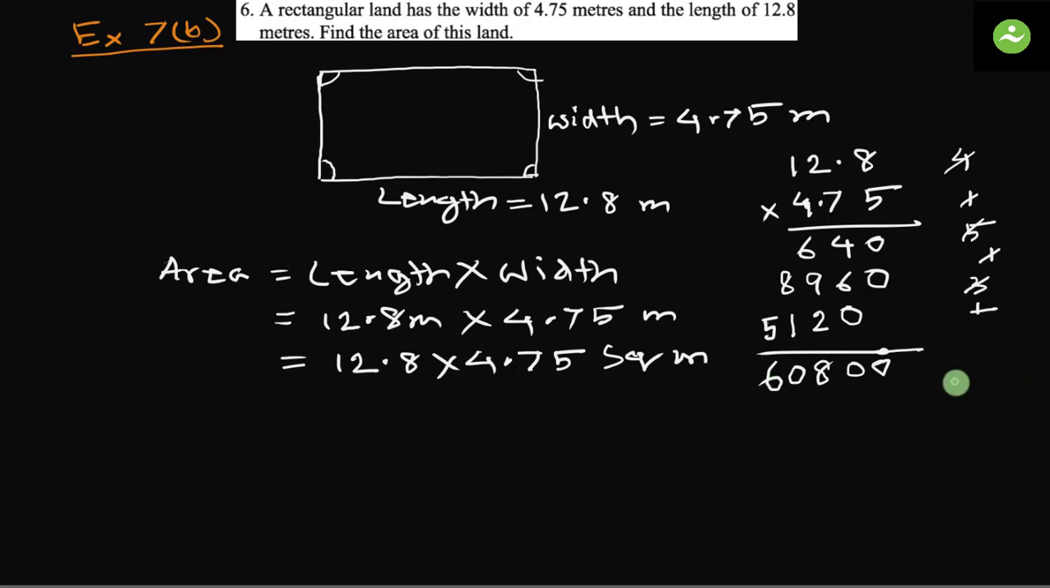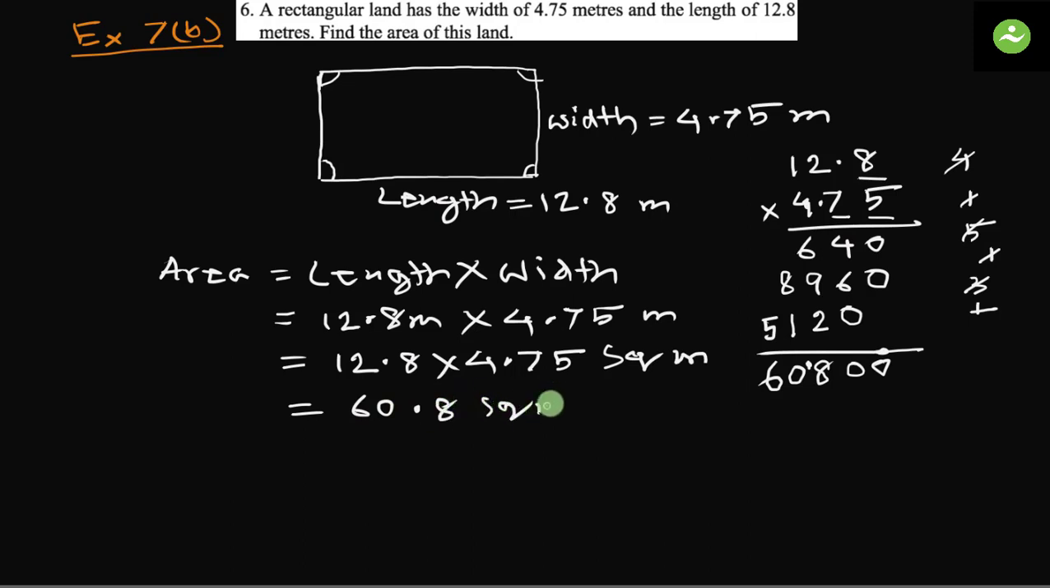Now we will place the decimal point. When we place the decimal point, we check how many digits were placed after the decimal points. 1 digit and another 2 digits. So total 3 digits, so we will place the decimal point here. So it should be 60.8. So the answer should be 60.8